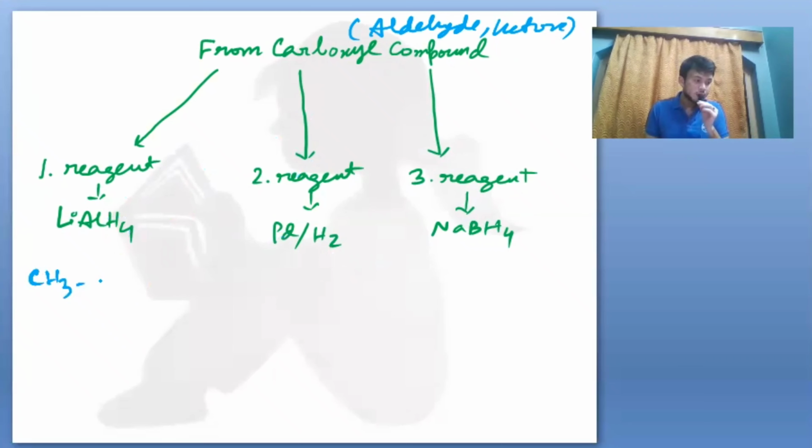In case of LiAlH4, let's see an example, it gives our alcohol like this, that is the OH will come in place of this double bond and an extra H will be added here. Okay,